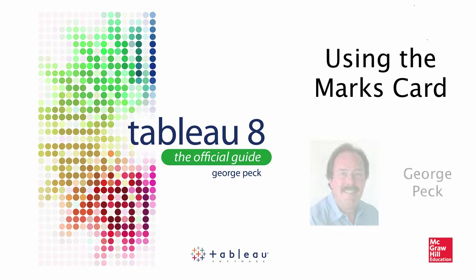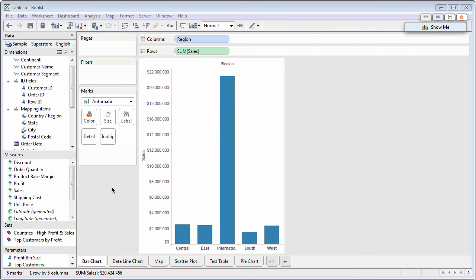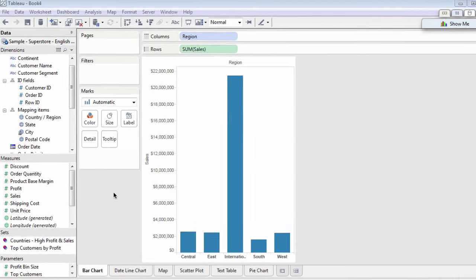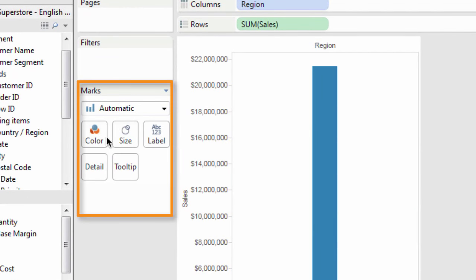When working with Tableau, the term mark refers to any item on a chart that represents your data. A bar in a bar chart, a circle on a map, or a symbol on a scatter plot are all examples of marks. There's a particular part of the Tableau workspace that's specific to marks, called the Marks card. Here, you can set all kinds of different properties for marks on your chart, such as colors, size, labels, and